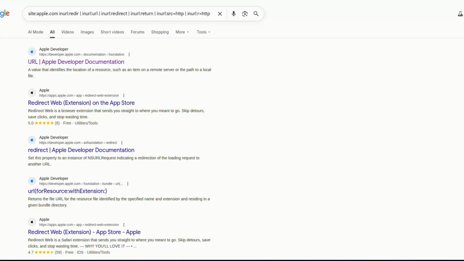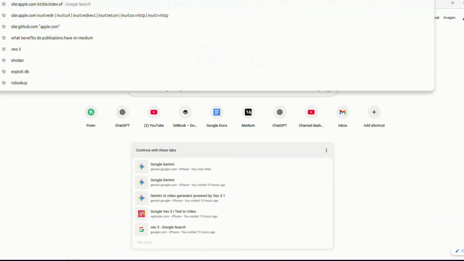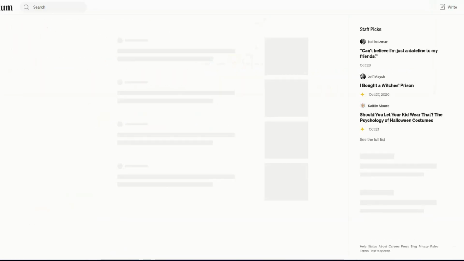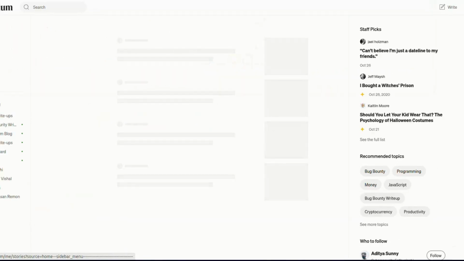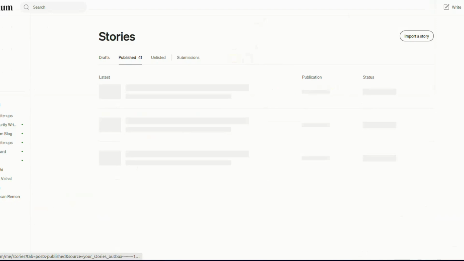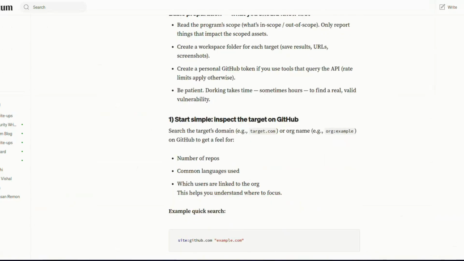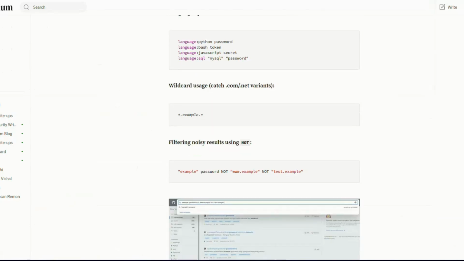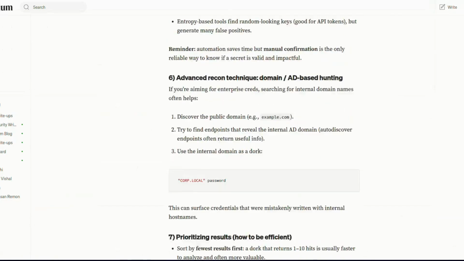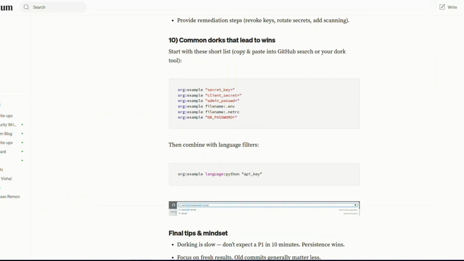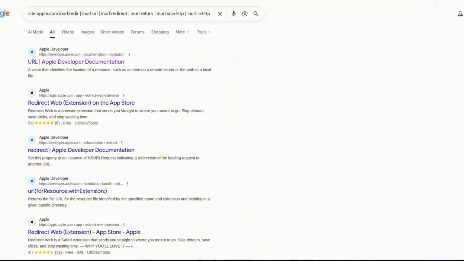Also, if you want to learn deeper in it, you can go on Medium, and I have written a post on this. Okay, so this is my post, so you can watch it and read it and learn about it. That will also be beneficial for you.